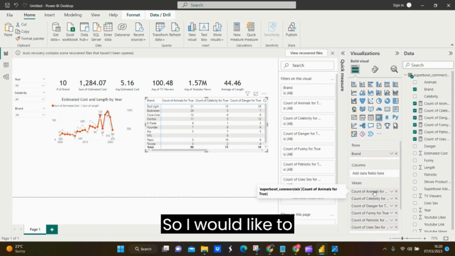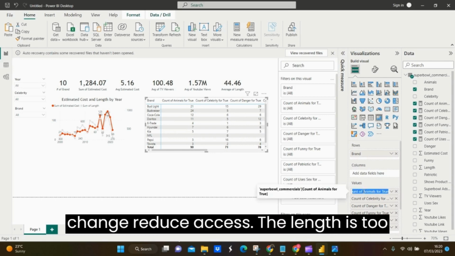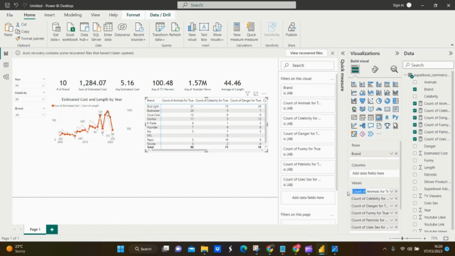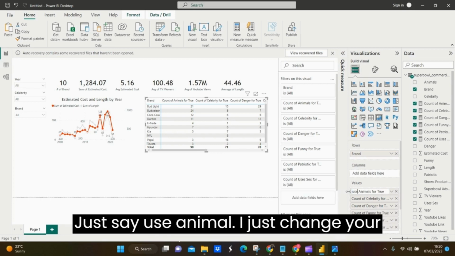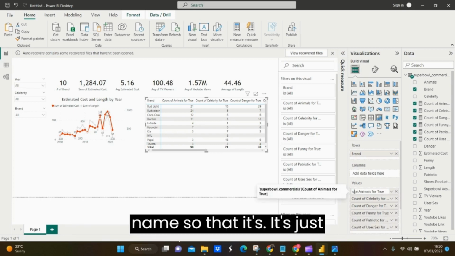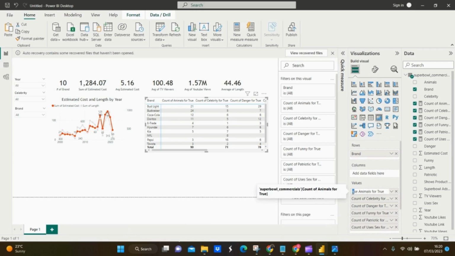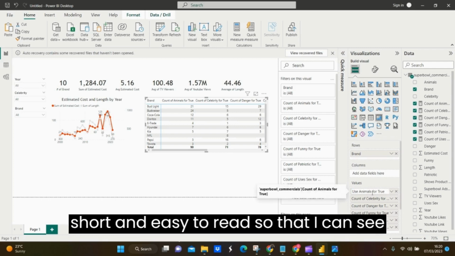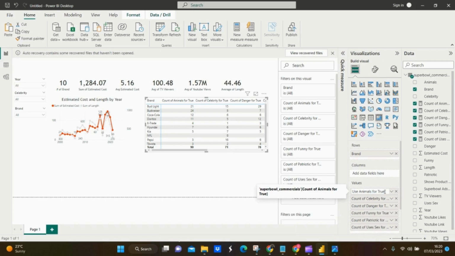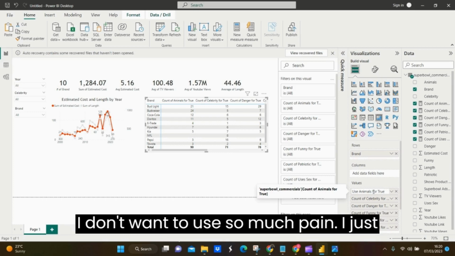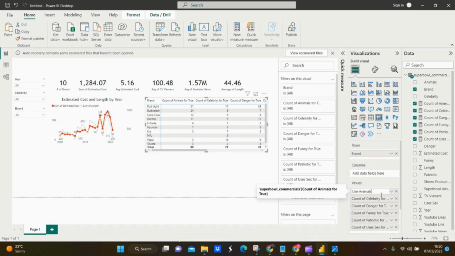So I would like to reduce because the length is too long. I like to reduce, just say use animal. I just change the name so that it's short and easy to read, so that I can see other parts. I don't want to use so much page. I just say use animal,